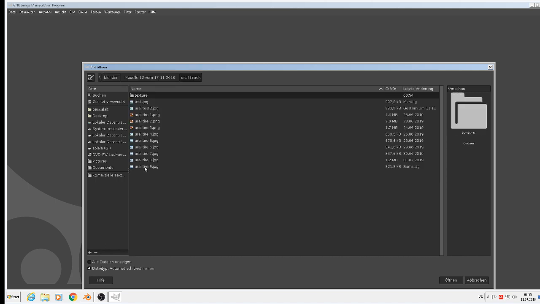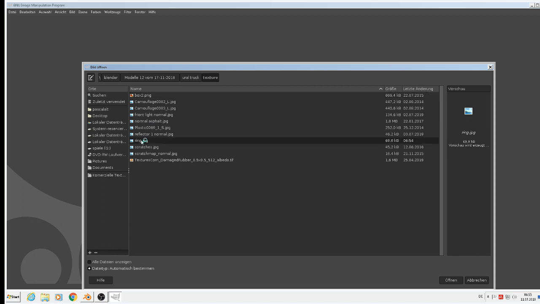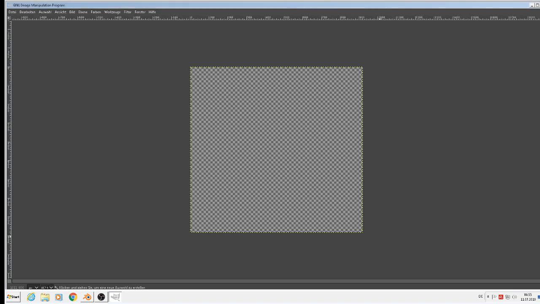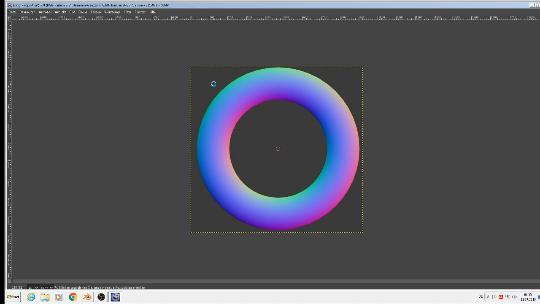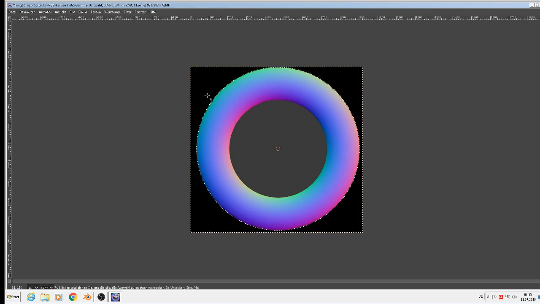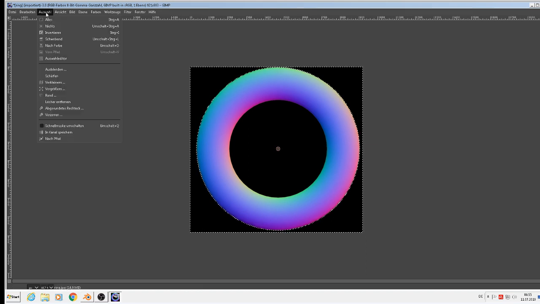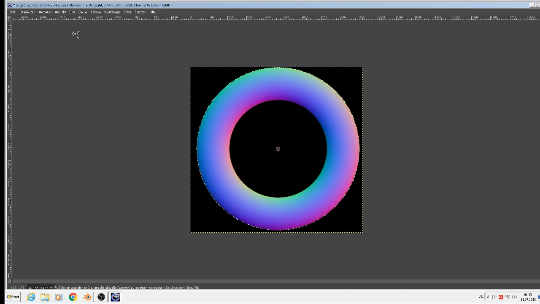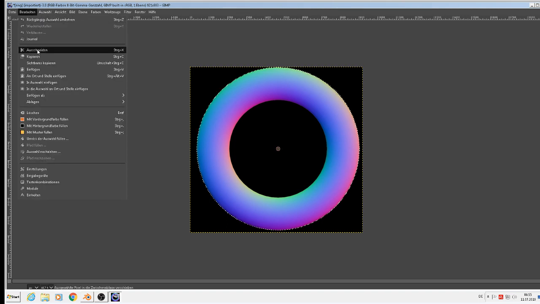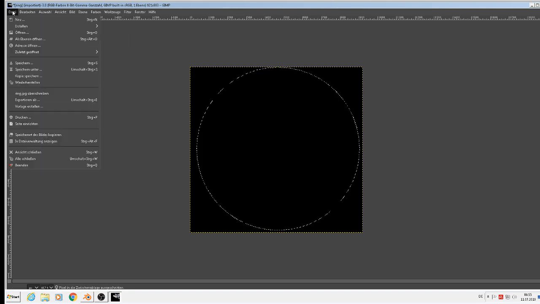Okay, Ural truck, texture, and we called it ring, correct, open. That's it, and we take now here the wizard, and we invert the selection then, invert, and cut out, and I take a new one,